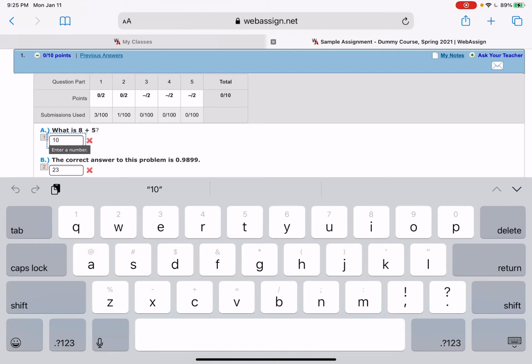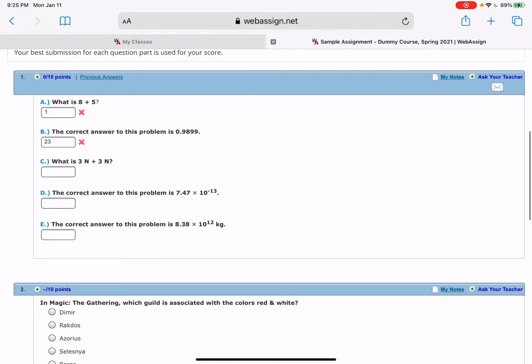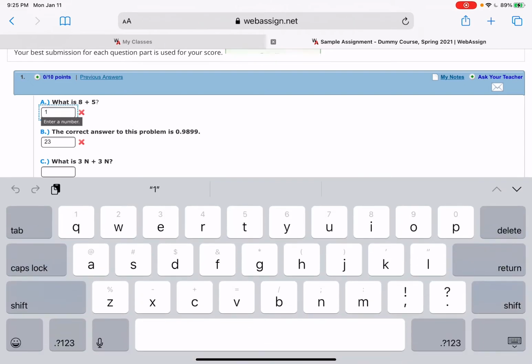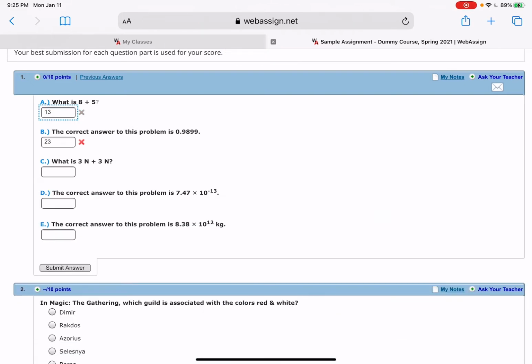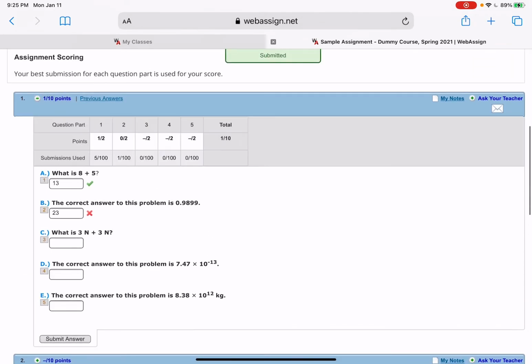Okay, I'm going to continue putting in wrong answers here. I'll just put 1 in again, why not? Okay, now I've used up 4 submissions. If I put in the correct answer, 13, and I submit that, now I get the green check mark. Unfortunately, though, it took me 5 tries,